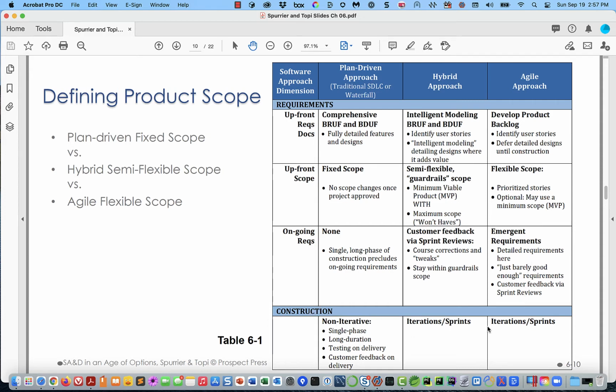And then the construction is happening during these iterations or sprints. Okay, so let's see what they have to say about plan driven or waterfall. Okay, so in terms of upfront requirements documents, fully detailed features and